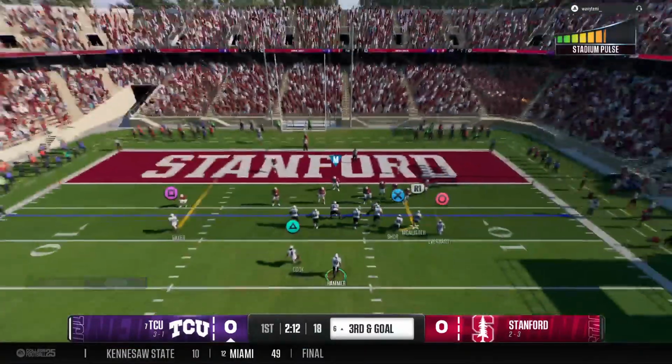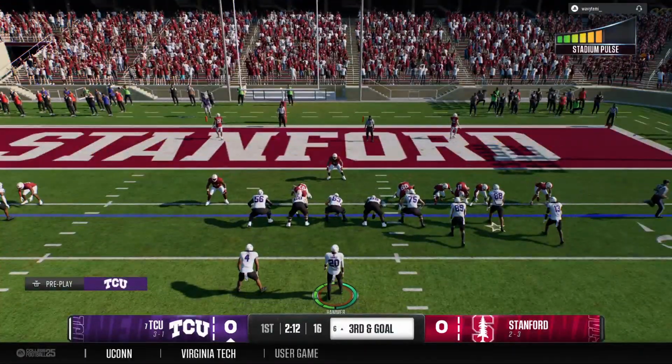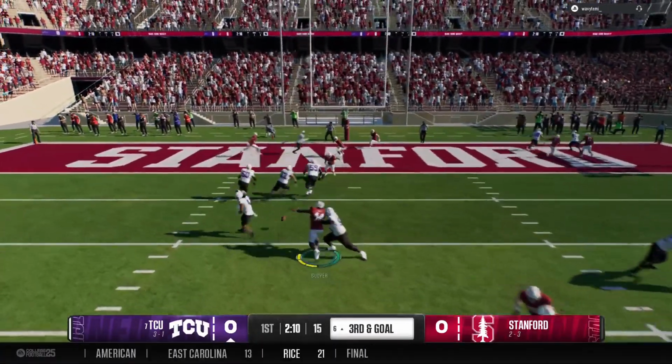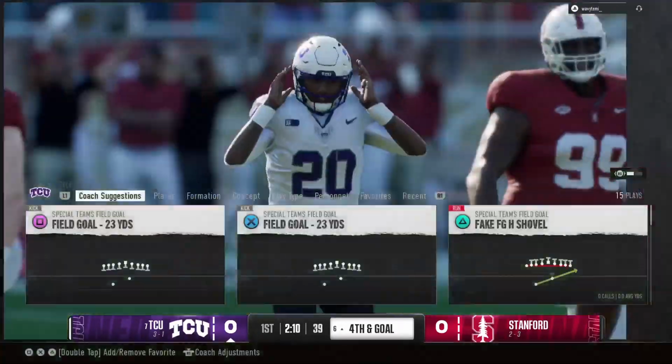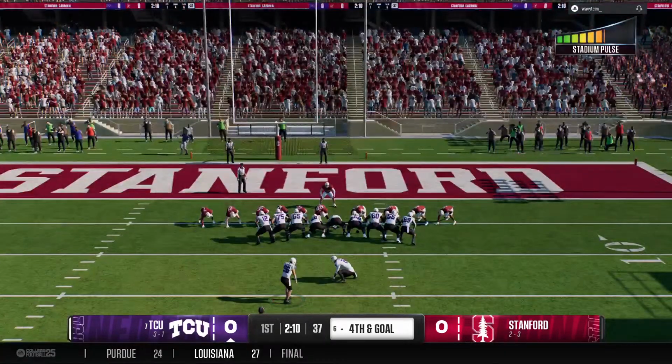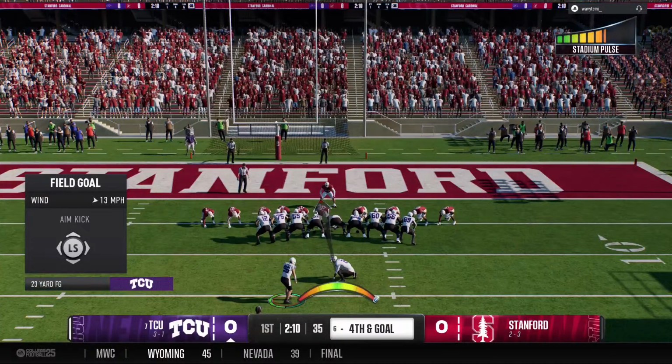The 8th play of the drive coming. You'd hate to settle for a field goal. It's 3rd and goal. Wants to go up top. That one never had a chance. Incomplete. Well, 3rd and short, the offense dials up the screen, expecting the pass rush to come upfield man-to-man, but